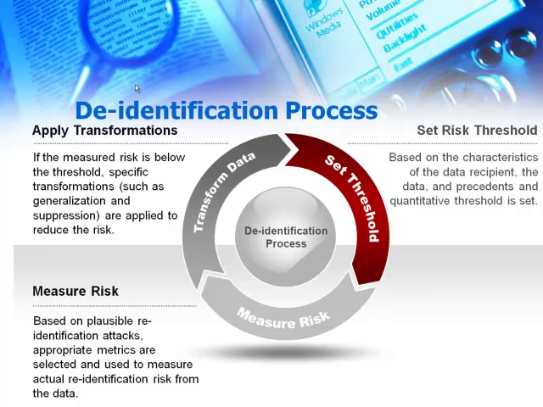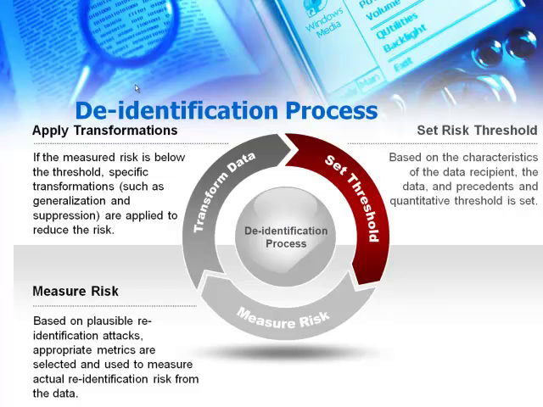So in terms of an overall de-identification process, this is the process we've essentially been using for the last few years, and it has three main steps. The first step is to set your threshold, which essentially defines the acceptable risk. So let's say I'm a registry, I'm going to release data to a researcher. I need first of all to decide how much risk I'm going to take. And there's a whole process for deciding on that risk. And the risk will not be the same for all data sets, and it will not be the same for all people you give data to.